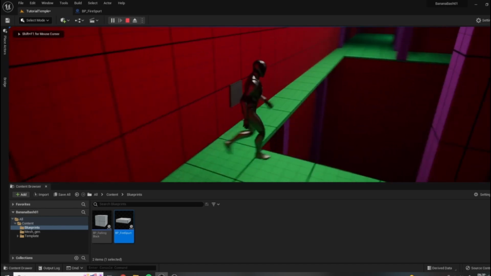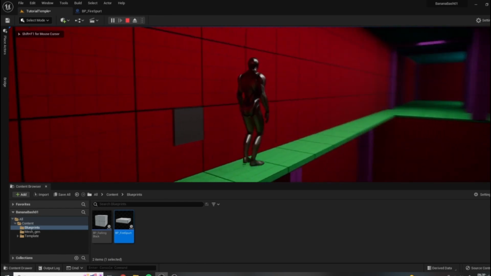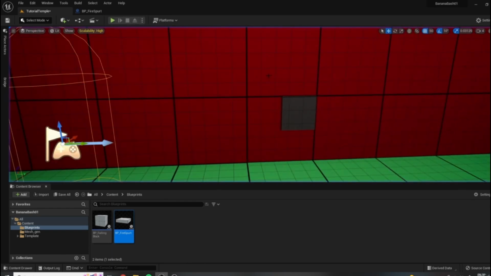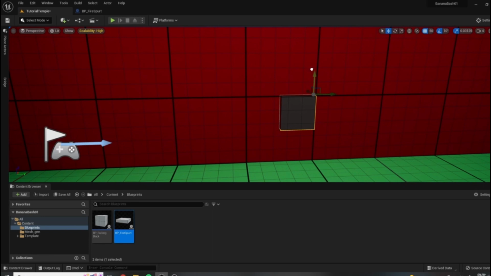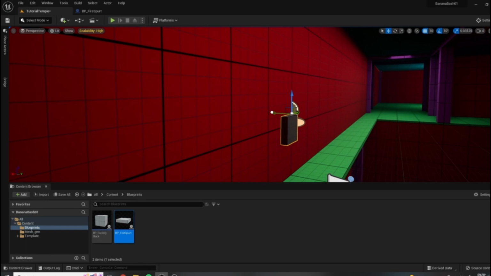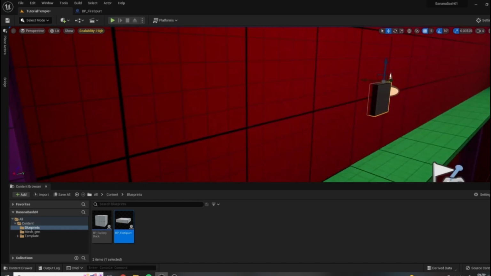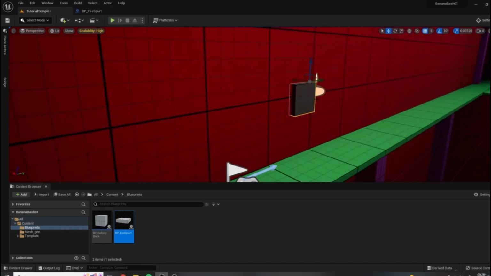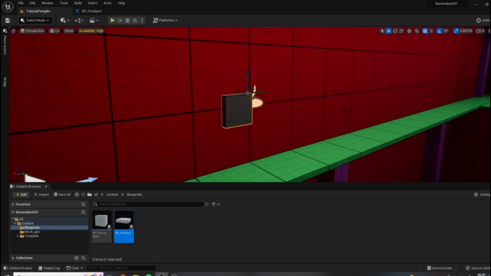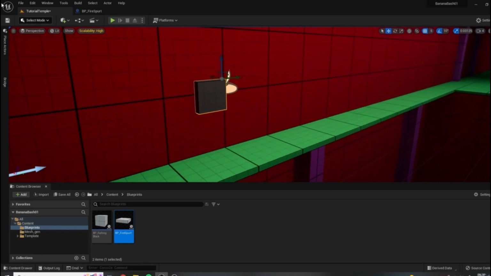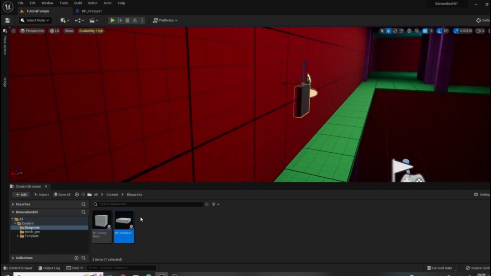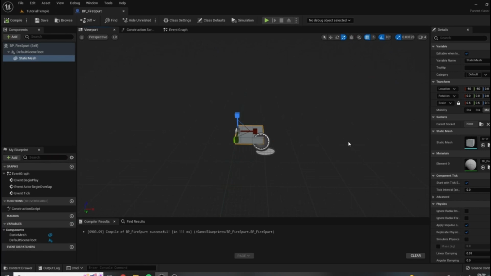So if I hit play, you get a sense of the scale and the placement. That's about right. Maybe want to move it up a little. Again, it's up to you kind of as far as the visuals and design of how you want to place things. So something along those lines. So think of this as maybe like a stone base tile, and there would be a hole in it in the final piece, and then the fire would shoot out of the hole. Okay, so let's return to our blueprint and continue